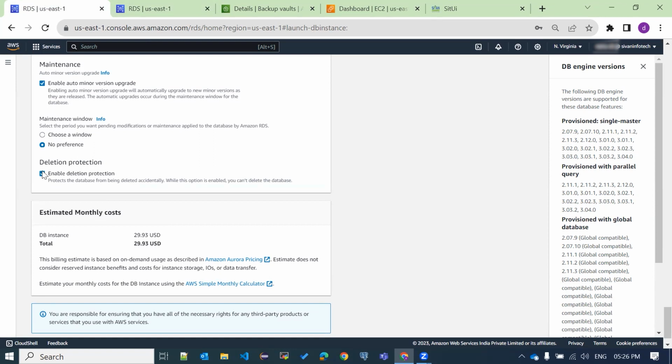Okay, if you enable this one, right, whenever you are deleting the RDS server, you are not able to delete the RDS. Then you need to come down and disable this deletion protection. Then you need to delete. Like this option, why will it help you? In the sense